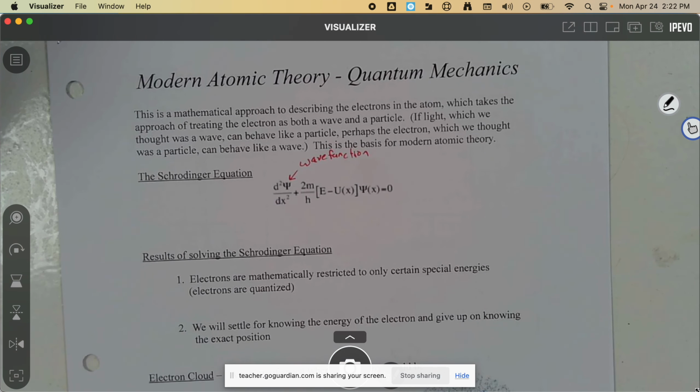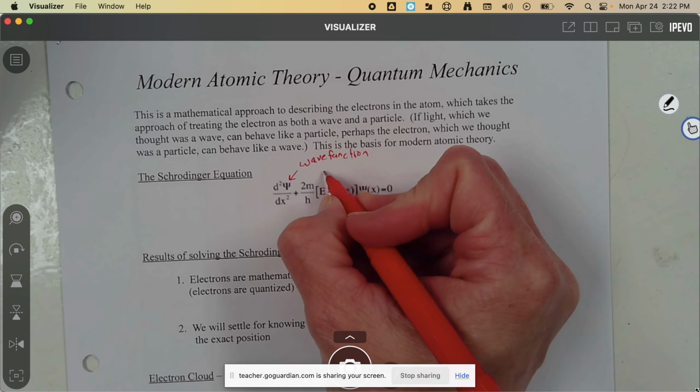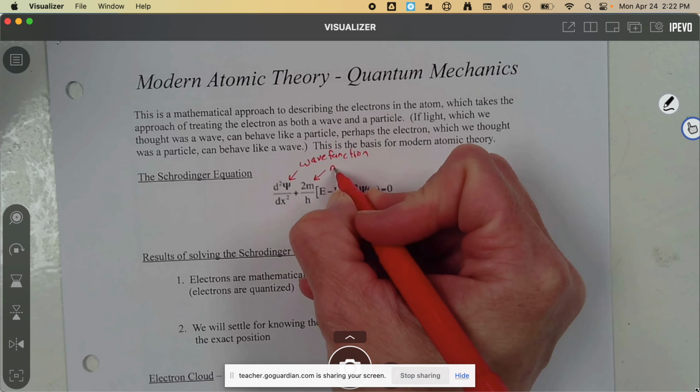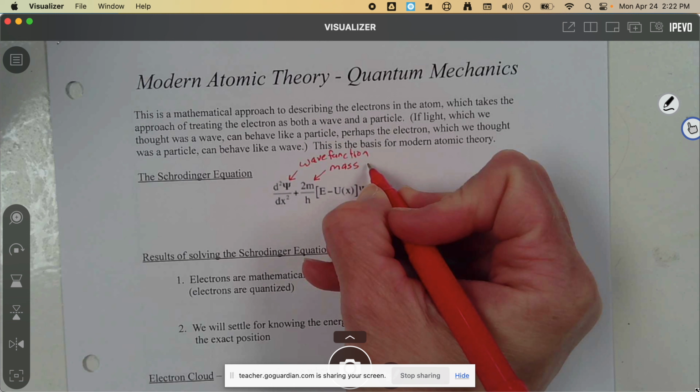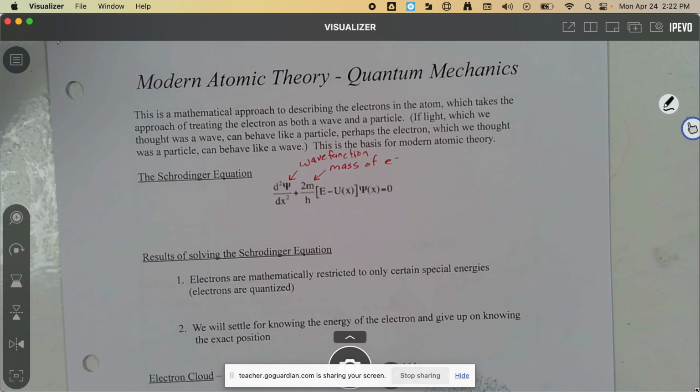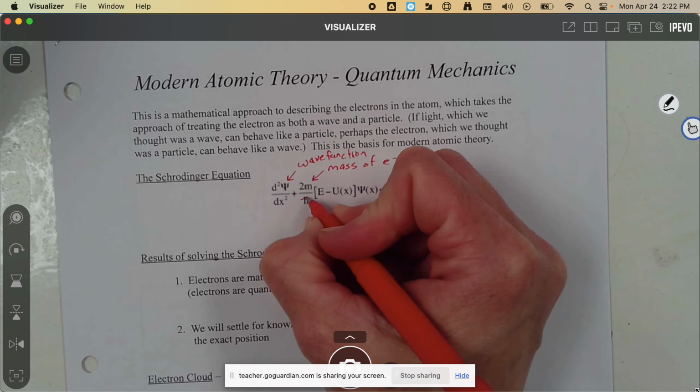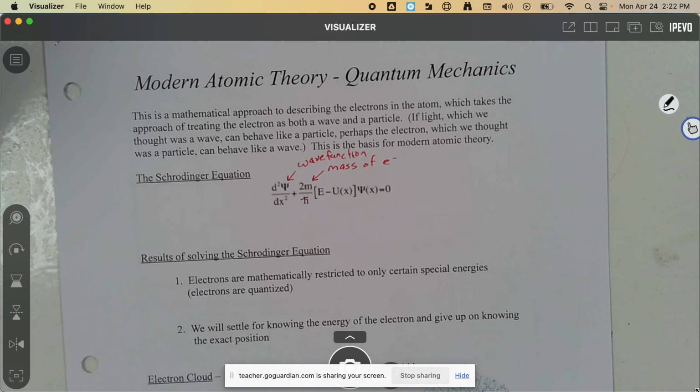But think of a wave function as nothing more than a mathematical expression, like a function, like math class. So that part deals with the wave component of electron behavior, is equal to 2 times the mass of the electron. So that acknowledges the particle properties of the electron,